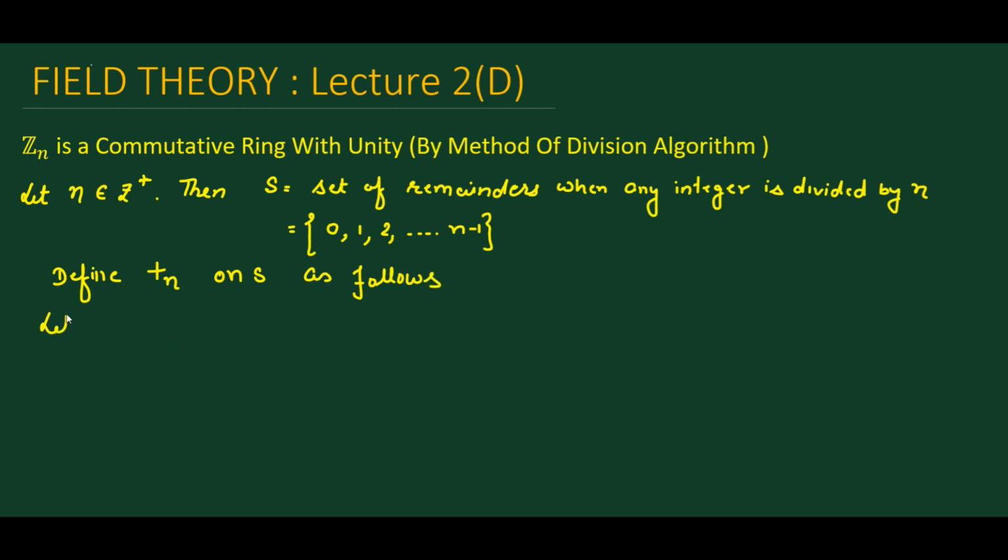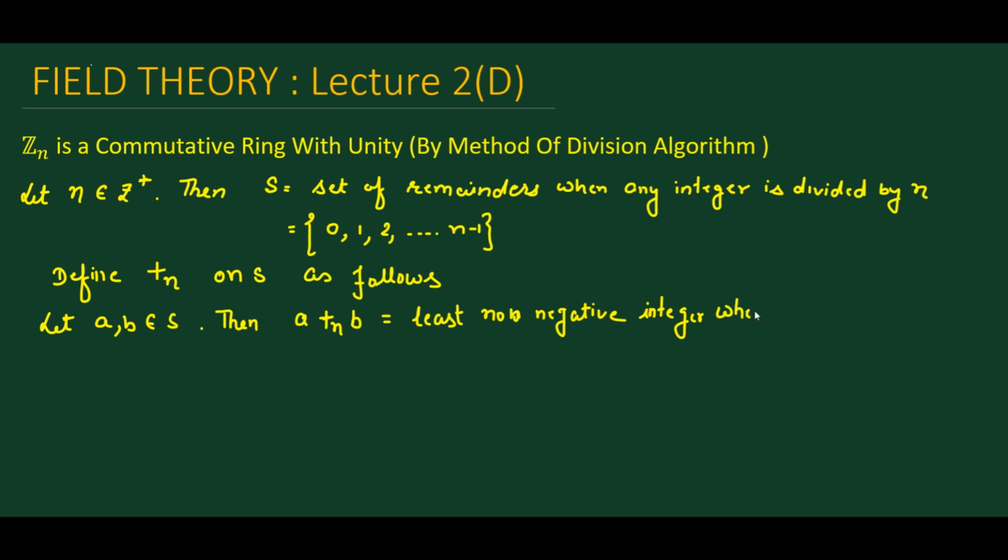Choose two elements a and b belonging to S. Then a addition modulo n b is the least non-negative integer